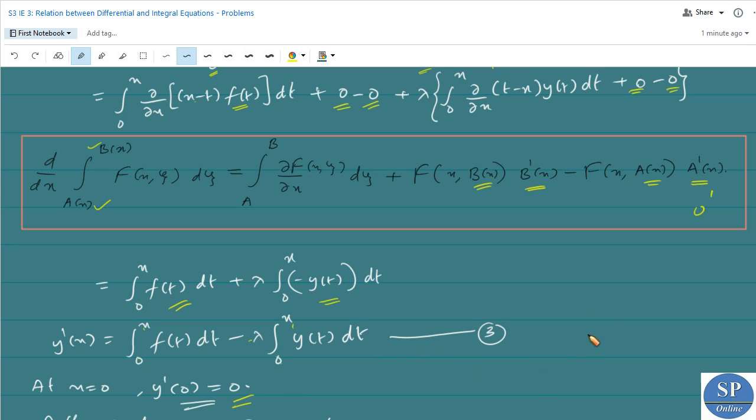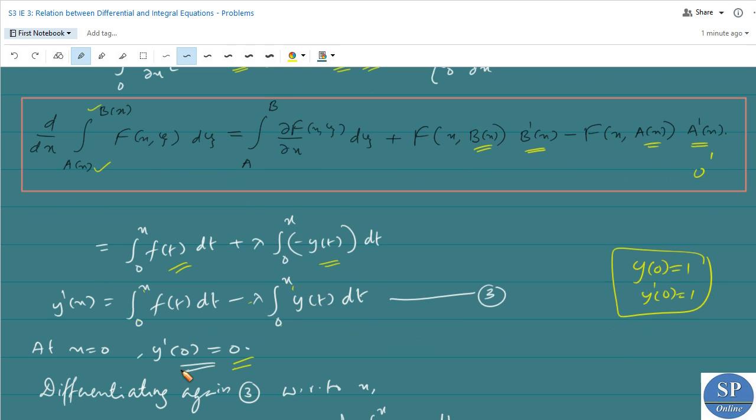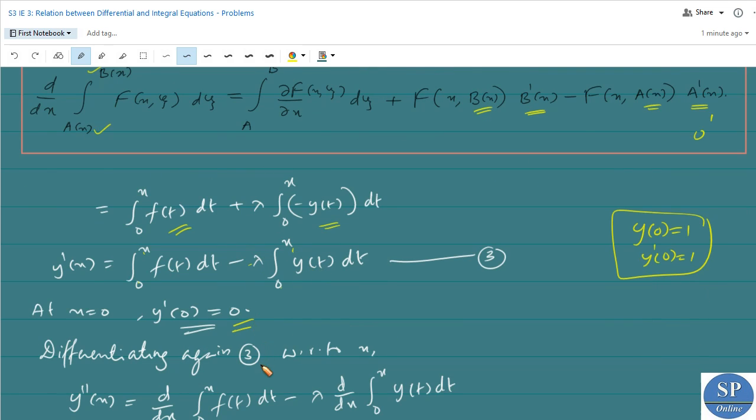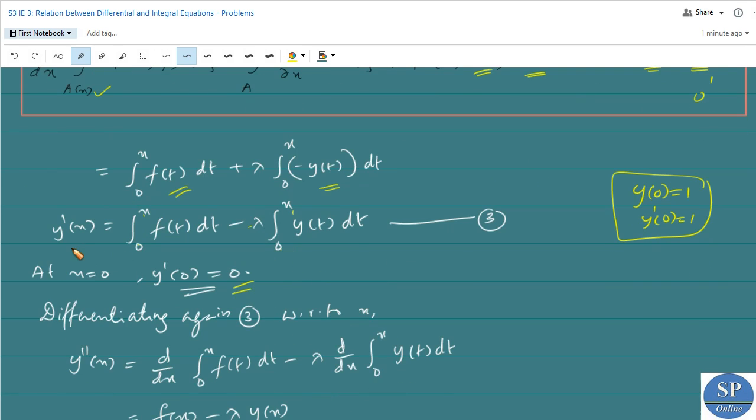So we obtain both the initial conditions. First one is y of 0 equal to 1 and y dash of 0 equal to 1. Now we obtain this in this integral equation also. Here the integral is involved, so we have to differentiate again. Okay, so differentiating again this equation with respect to x, we will get y double dash of x is equal